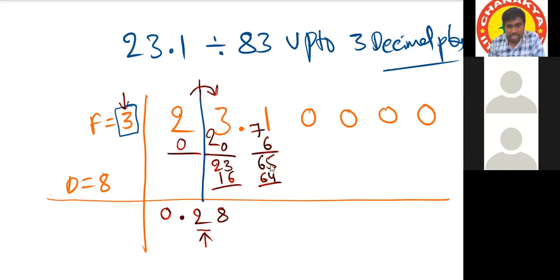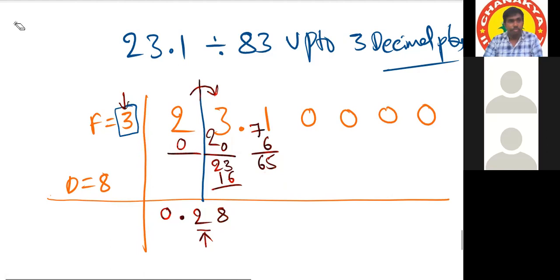Okay. 65 minus 64 is how much? 1, sir. All of you observe carefully. Write that 1 before the next digit. Now the number becomes 10. Next is flag multiplication with this 8. 8 3s are 24. Now can you subtract 24 from 10? No, sir, it will be in minus. So it is not possible. We are getting a negative value. So in these situations, instead of taking 8 times, we have to take only 7 times.